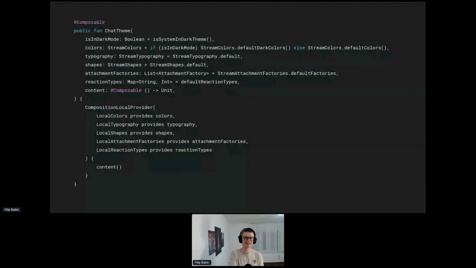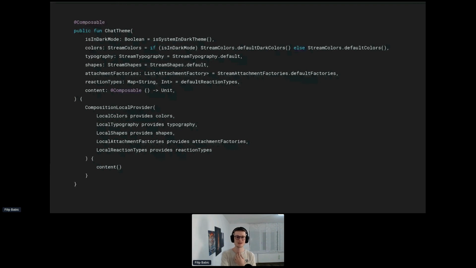And finally, we have this chat theme, which is a very powerful way of customizing our components. Essentially, we provide a certain set of state that you can apply to all of your components in your hierarchy. Just like the React or Flutter way, you have a certain context that's applied to every single child underneath, and it's accessible from anywhere.